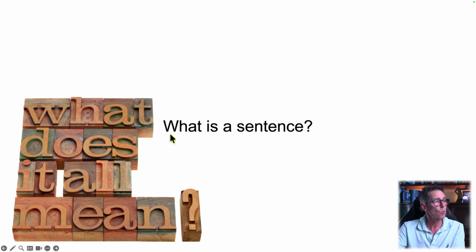Okay, so let's move on. What's a sentence? What does it all mean? That's the point. In a sentence, we're trying to compose meaning so that we can communicate complicated ideas. And if you ever see a Tarzan movie, "Me see Jane," you have to sort of think about, what's he talking about? Or "Jane see me?" Are we talking about the same thing? Or "Jane see I?" So by having very clear sentences, we're able to communicate meaning very accurately.